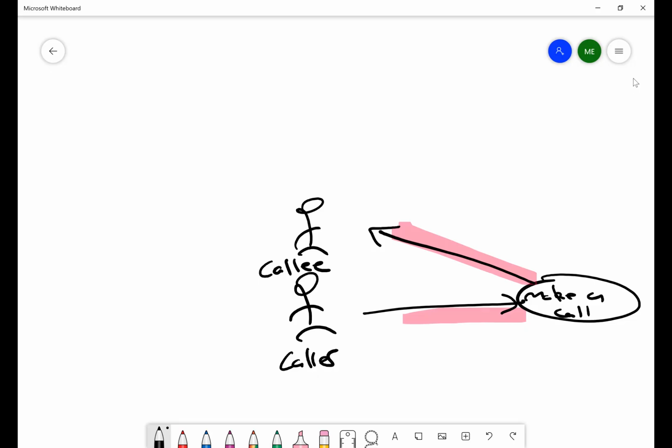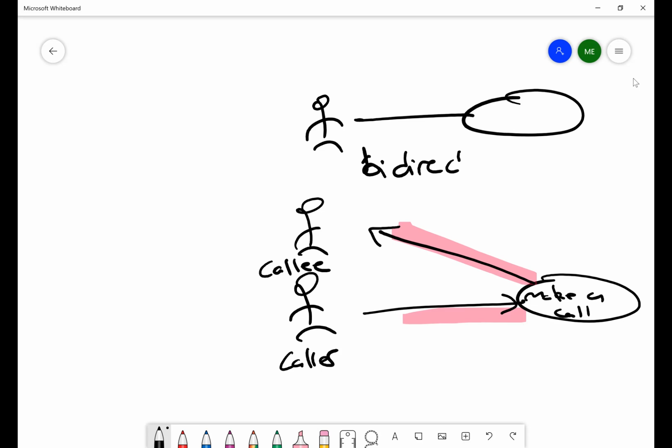All right. In case we have a straight line without any arrowheads at the end, that means it's a bidirectional association, which means that either the actor or the system can begin that interaction. Okay. Now, one thing I want to allude to here is that when I'm writing that use case name,